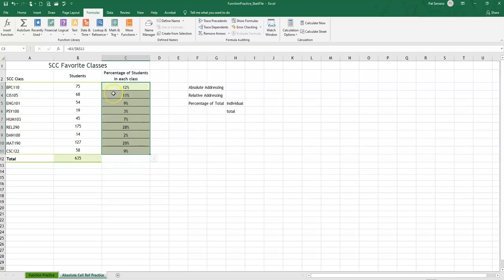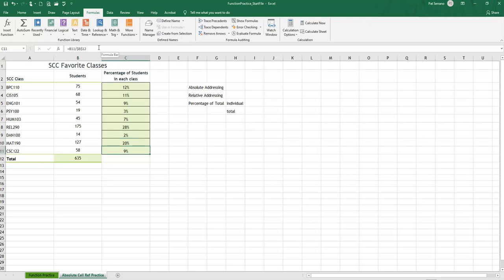So let's take a look at the formula bar and see how that worked. If I click here, oh, B4 changed. B3 changed to B4, but B12 did not. When I go down another cell, B4 changed to B5, B12 did not. I can go down to each one and see that the front half of my formula changed, which is what I wanted, but the back half of the formula, the divide by, did not change,